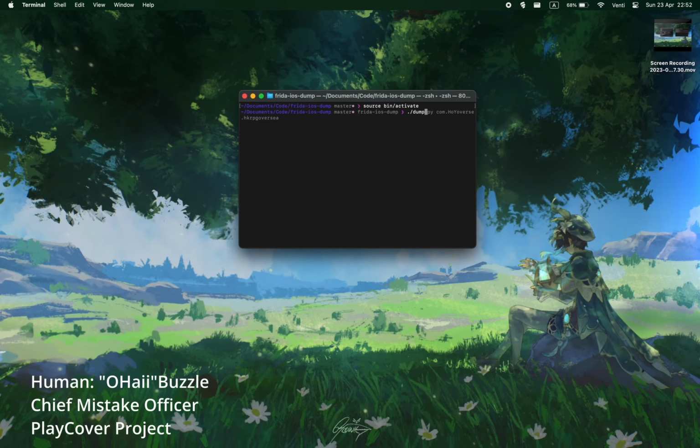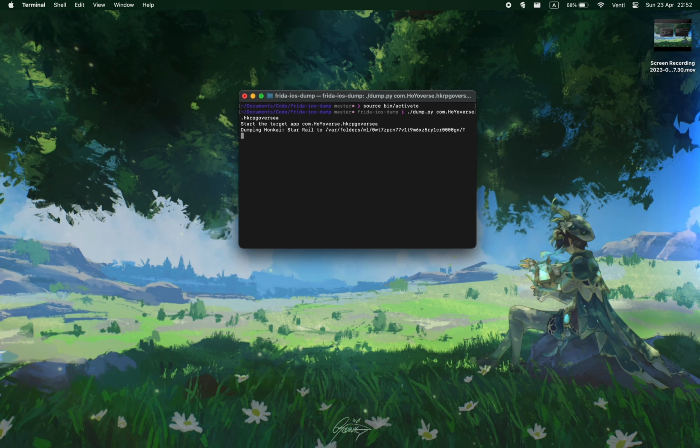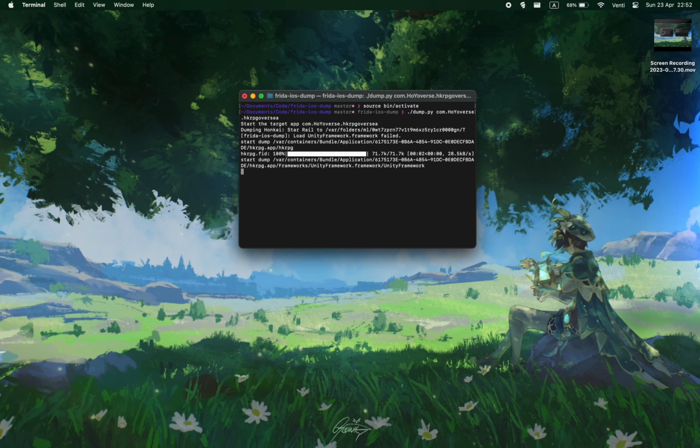The first thing you want to do is find a decrypted version of the Star Rail app. In this case, I'm dumping the IPA directly from my iPhone. You need to make sure that the app is decrypted, as your Mac can't run iOS apps from outside of the Mac App Store without Apple's approval. This has been a thing since macOS 11.3.